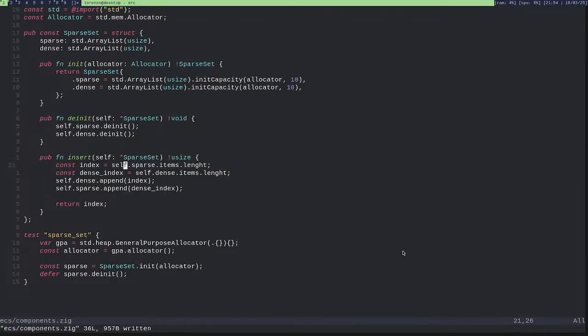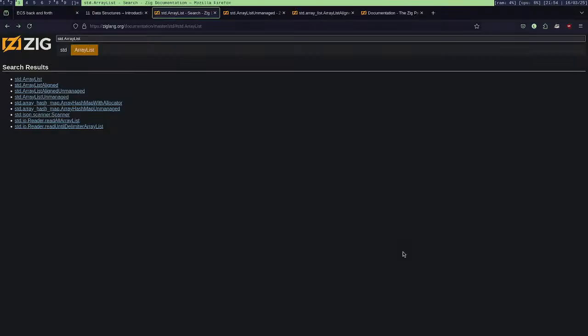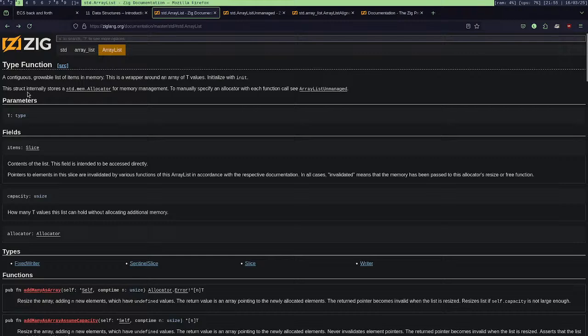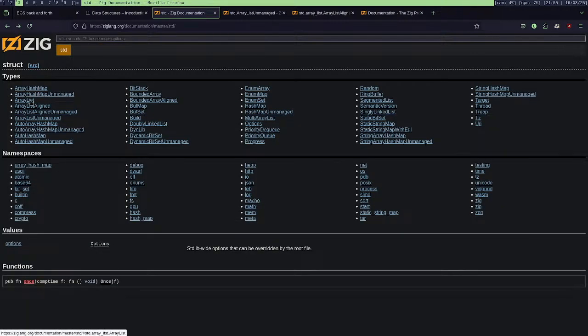Okay, I will just work on the entity component system now. Why is it not loading? Please. Array list.